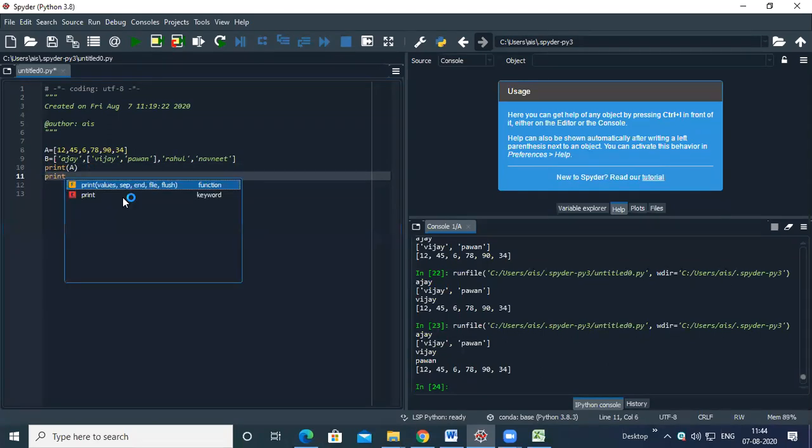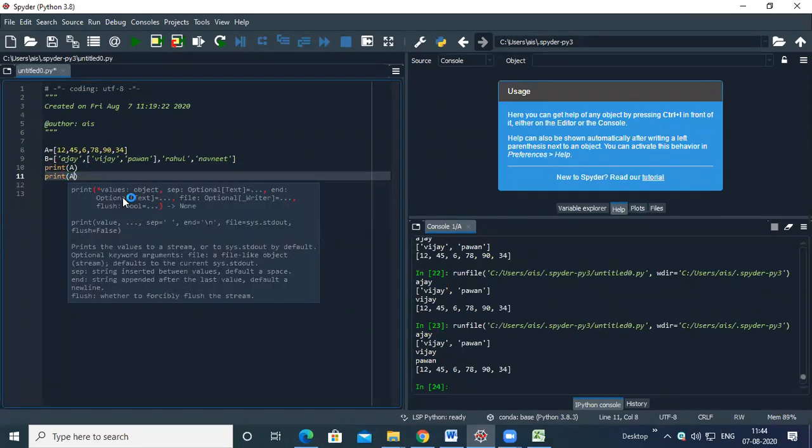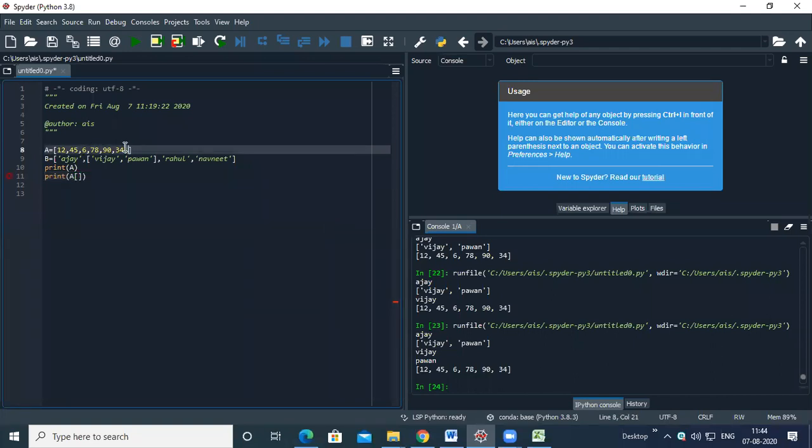Suppose that you have written print a of, there are 1 2 3 4 5 6 elements. Just increase the elements here. Okay, now it has multiple elements. Now you have given print a index number 2 to index number 6.